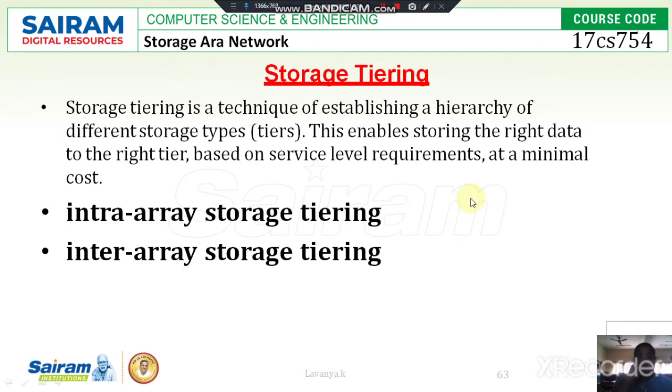I am repeating once again. Storage tier 1 is used for the SSD as well as the FC tiers. This should be very low cost, and the data in this tier is frequently accessed. The tier 2 storage is used for the SATA drives. SATA drives are one of the drive types.